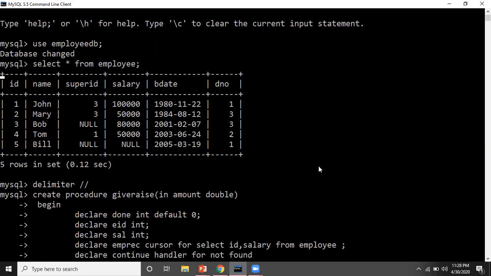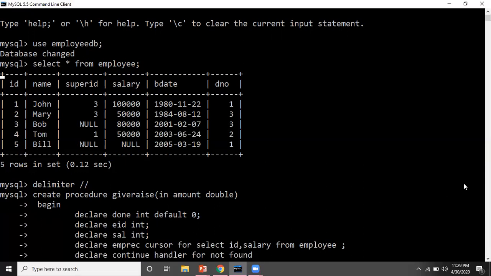All these concepts I have explained in the cursor video, so please go through the video if you have not seen. Here we are mentioning the cursor attribute. What does the not found attribute do? Not found is a boolean attribute which gives either the value true or false. So when I will not be able to fetch a new row, the not found will become true.